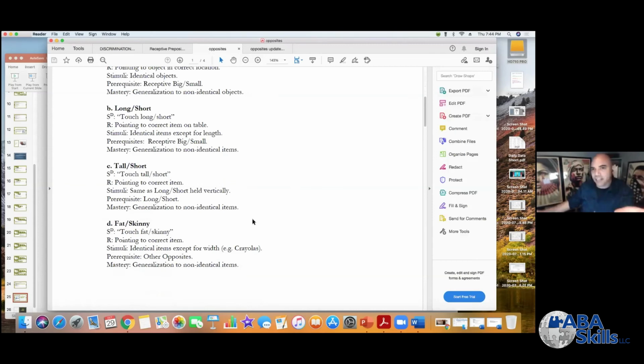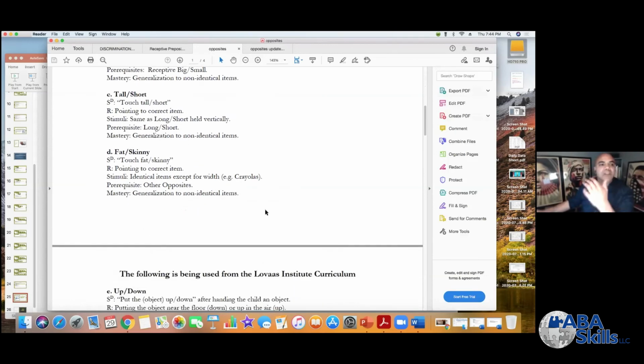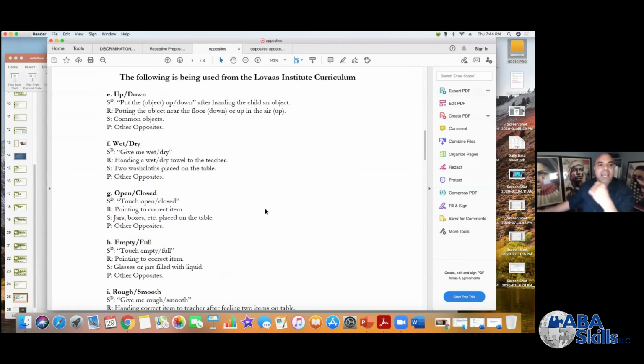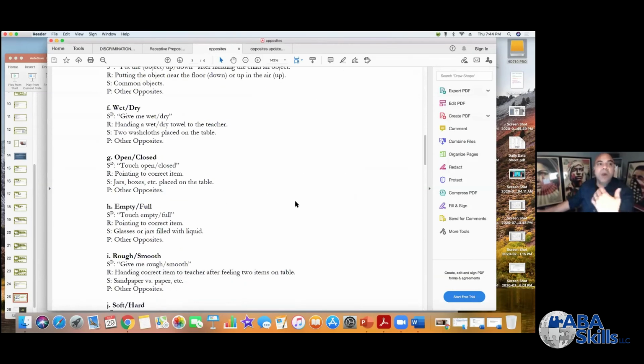Long and short, again, nice visual discrimination. Tall and short, visual discrimination. Fat and skinny, visual discrimination. Up and down, visual. Wet versus dry, textual. Now, there have been a couple of learners that I've worked with that had to start with wet versus dry. All those other opposites, we couldn't figure out how to teach them so that they made sense to that particular learner or those learners. But when we started with wet and dry, or hot versus cold, where you can